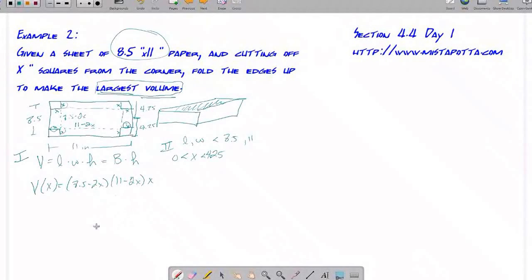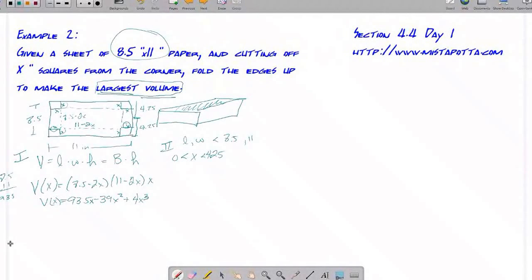What I need to do now is expand this. So 8.5 times 11, that's going to be 93.5. And then I've got 22 and 17, so 22 and 17 is 39x. And then I've got 2x times 2x, which is 4x squared. But since I'm multiplying by x, that's really 4x cubed, 39x squared, and 93.5x. So this is my